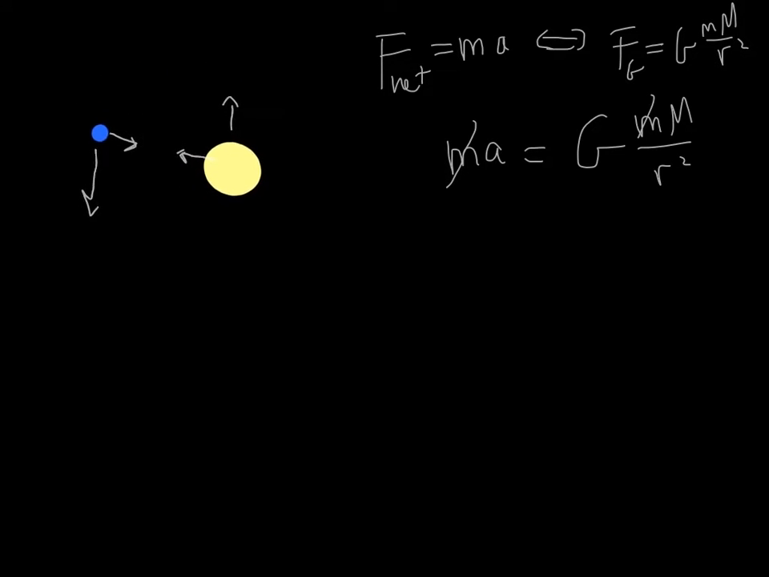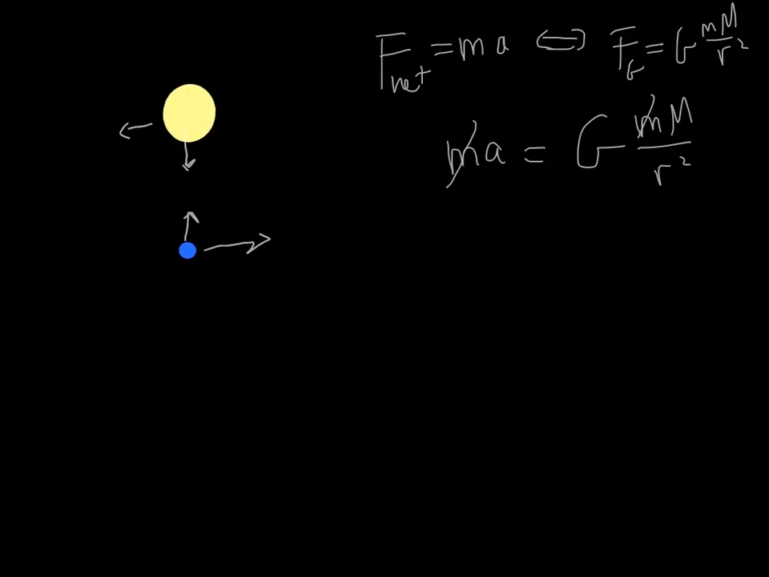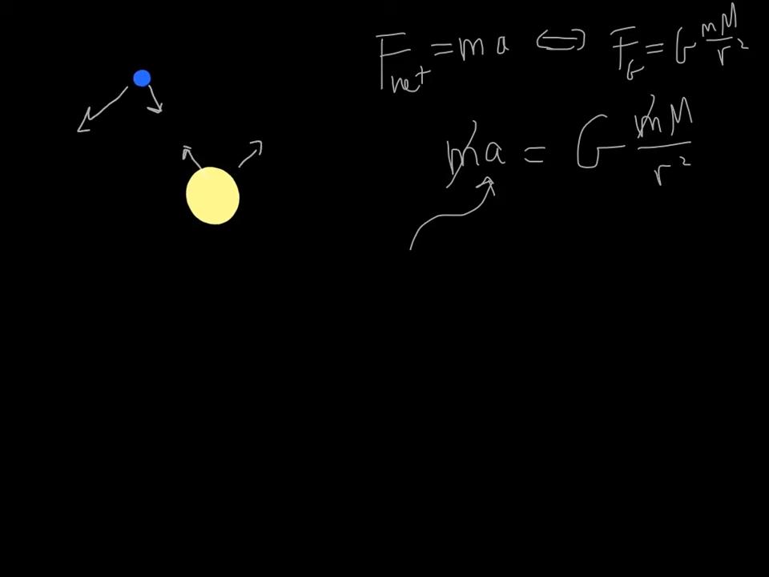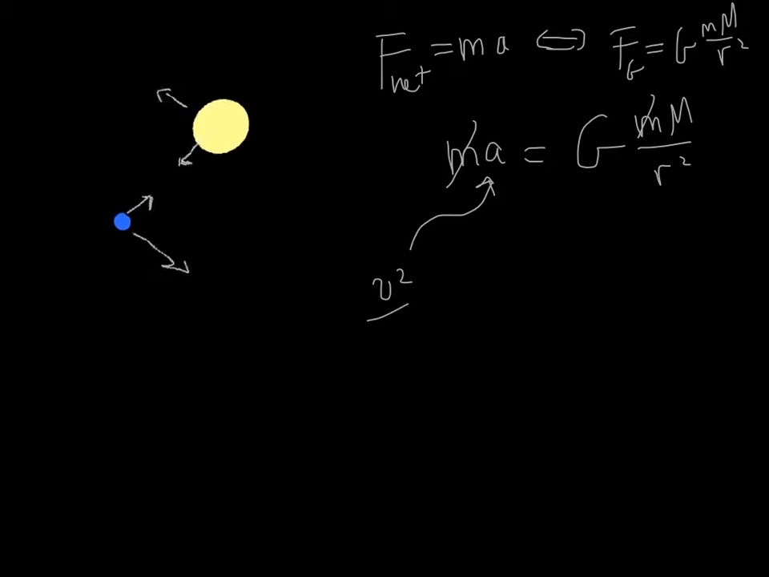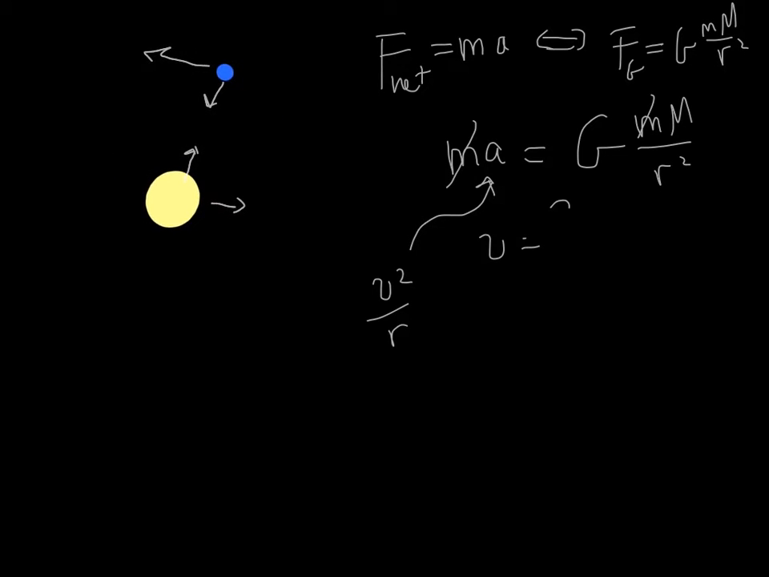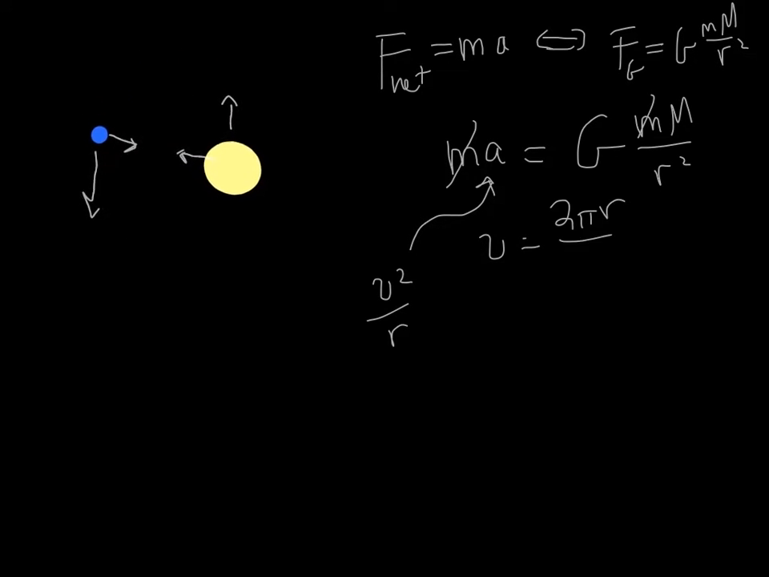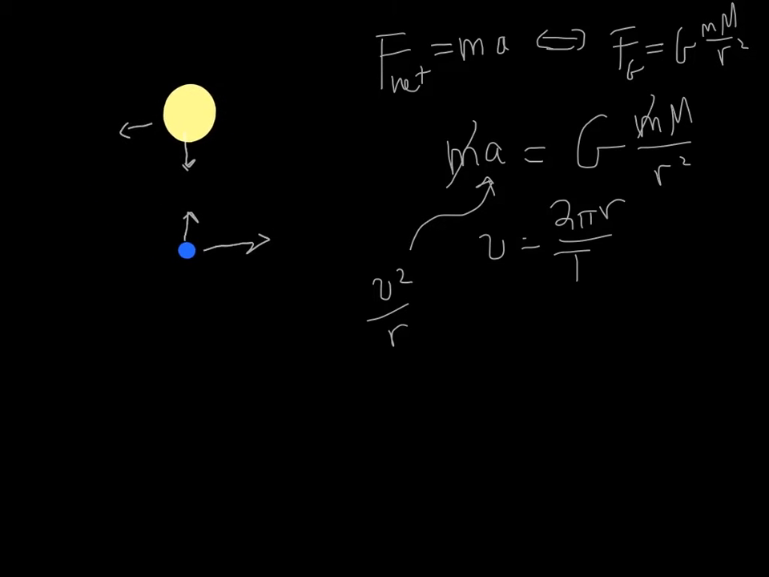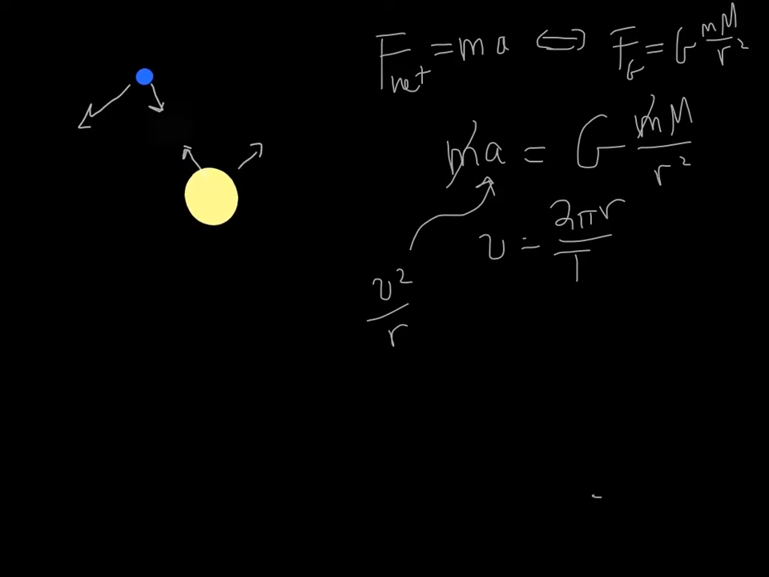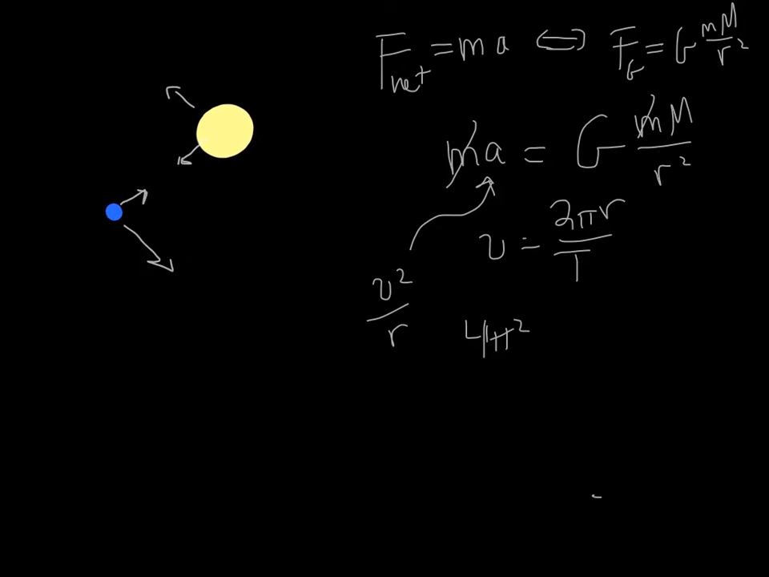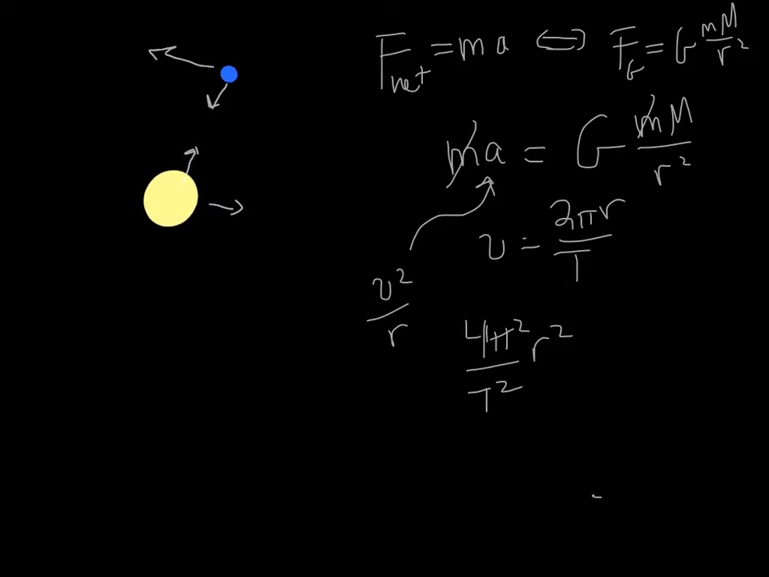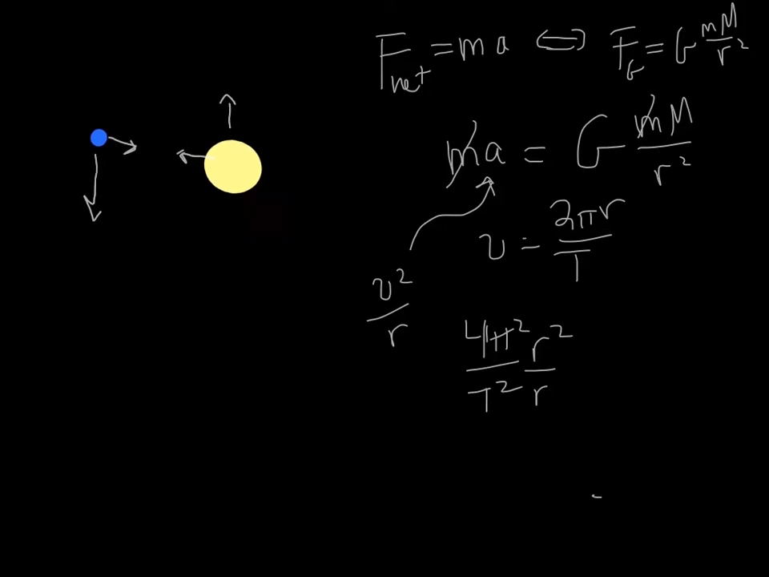In a separate video, I'm going to explain how the acceleration comes about, but it turns out it's equal to the velocity squared divided by the distance between the guys. Velocity, of course, is nothing other than the circumference of the orbit divided by the time it takes to go around. So if you put all that in, velocity squared is 4 pi squared over T squared times r squared. You divide that by r, and you set that equal to